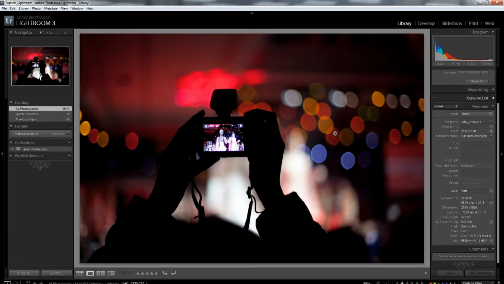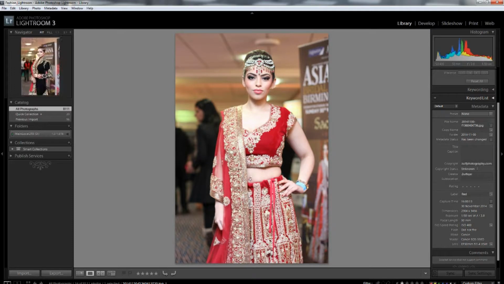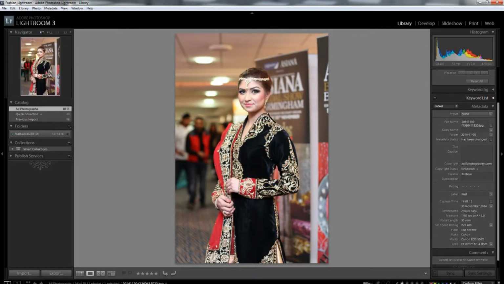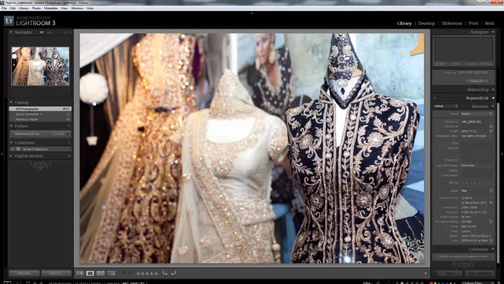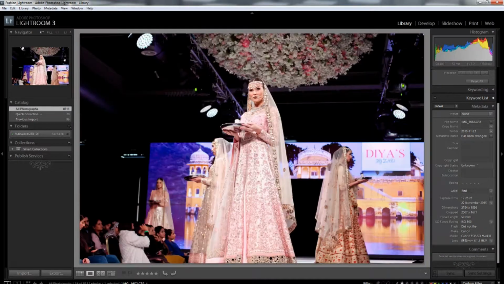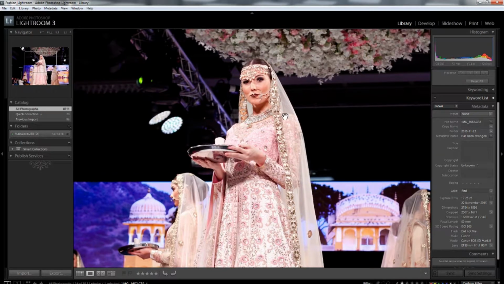I kind of took a picture of his camera to show the lighting in the background, and in between the shows they have a break, so there's a stand set up. So here's some portraits with the Canon 50mm 1.4, a few shots of the stands, and then the show will start again. So this is another segment, and again here you can see the quality of the lens, clear optics